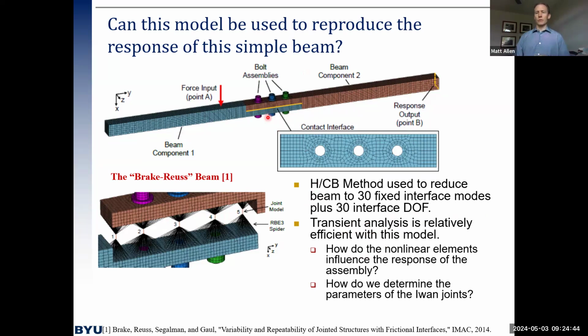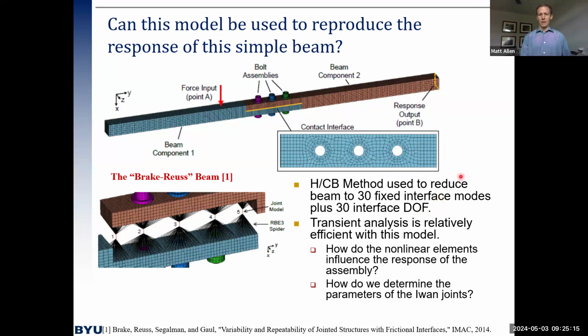What could we then do? We could do a harmonic balance solution maybe, and try to predict the frequency responses at different force amplitudes, and we could collect enough of those. We could start to characterize how the behavior changes. But what would we even expect to see in a simulation like that? Because those joints are nonlinear, it's difficult to imagine doing anything but time simulation and looking to see what the